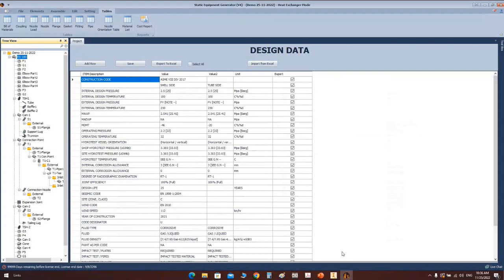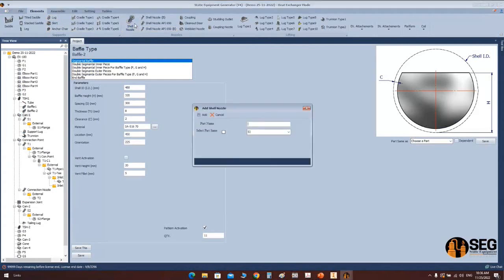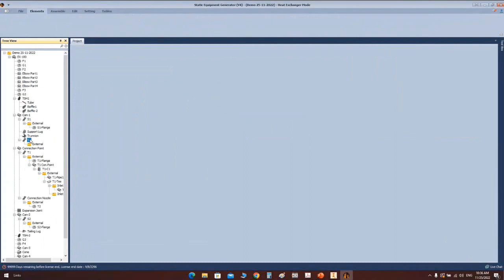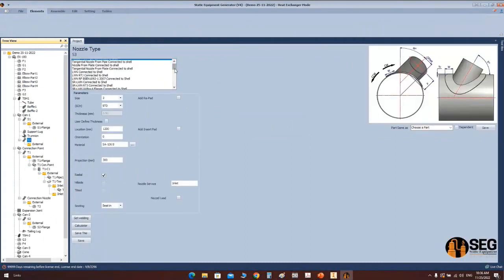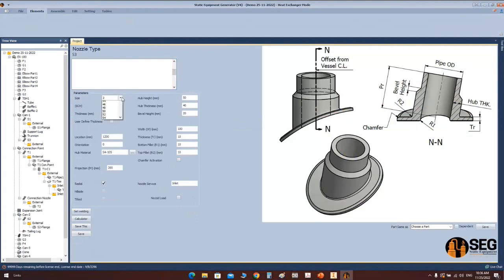So if we add another nozzle, we will get a new items inside the bill of material. So let's select the CAN one, and from here let's add a forged hub with a flange. So from here let's add S3, and this forged hub nozzle will be a self-reinforcement forged hub. So let's select this self-reinforcement forged hub and let's make it with 4 inches size with schedule 160,